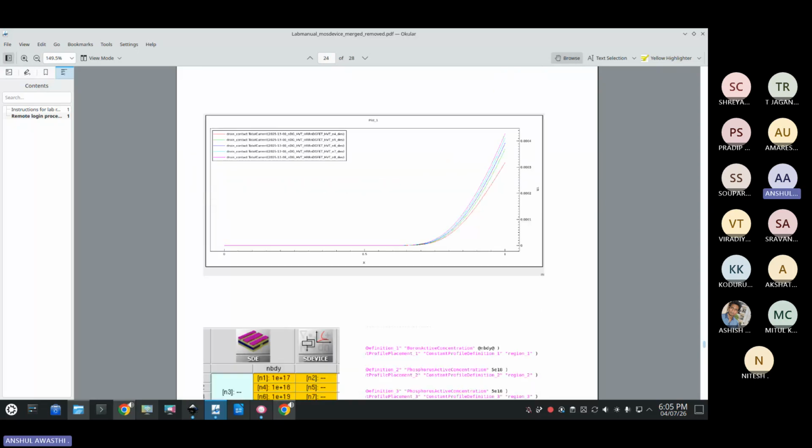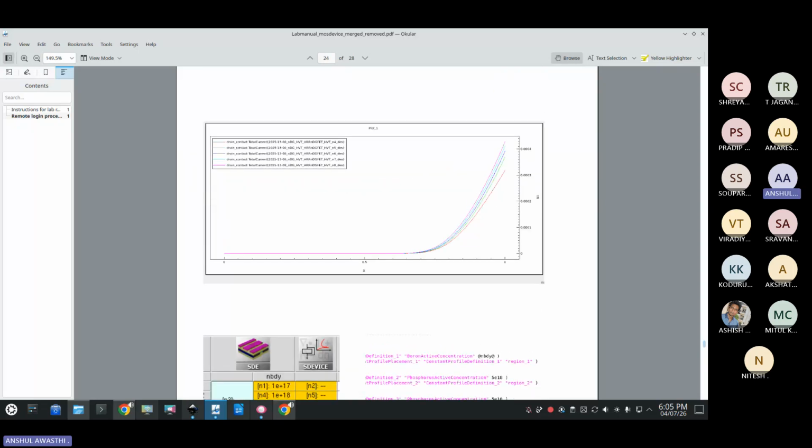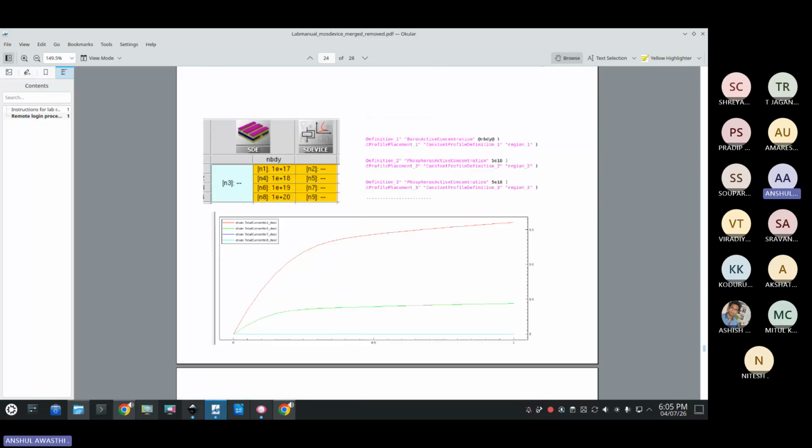So these are the different graphs for different values of VD. Similarly, if you want to parameterize the doping concentration of a certain region, for example, if I want to vary the doping concentration of the body in a MOSFET, I want to see the variation in the current with respect to the doping concentration of the body. So what I did here,